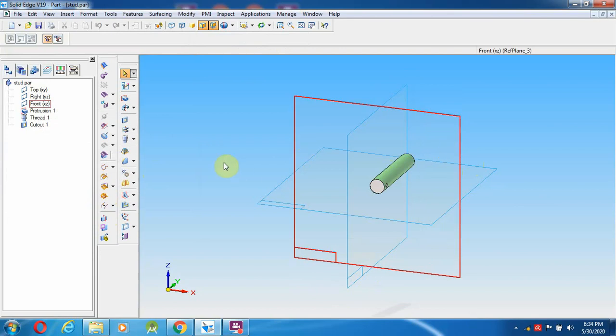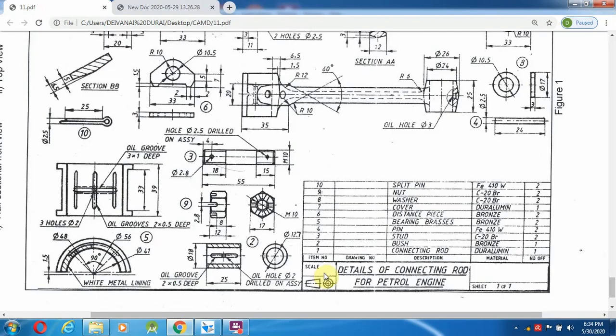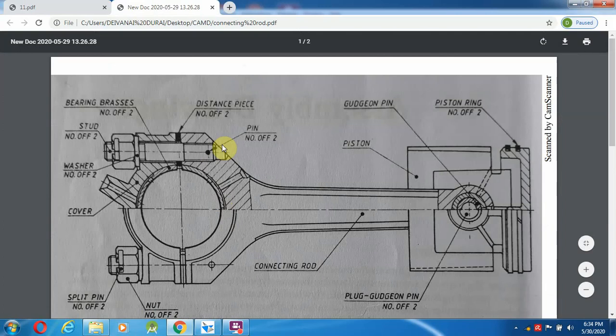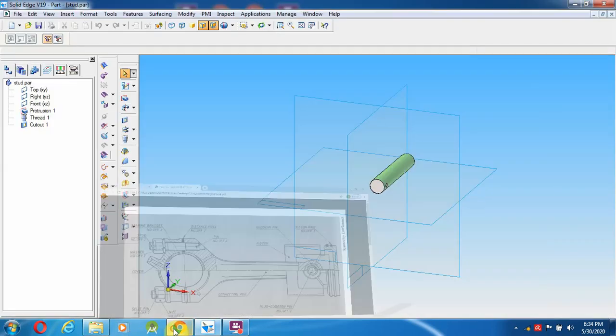After creating that stud, the third one, what is the other thing? 15 mm comes over here, and a 2.5 drilled hole. So for this we will check where this stud is coming. Make a pin of 2 over here, and on the other side it's coming, so what is the length of the stud? Okay, so here almost 15 mm, the other side it is 18 mm. So what is the distance they have given over here?